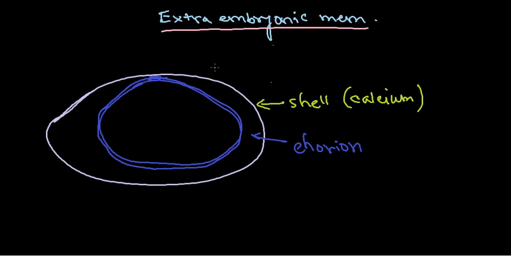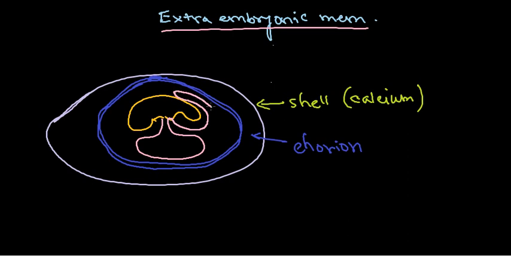Inside this chorion, everything will occur, the formation of the embryo and everything. If I draw the embryo, it will be inside this section. Everything will be attached to this embryo, and with this embryo there will be attachments like this. These attachments are called allantois. Let me write. All of them, remember, are membranes, extra embryonic membranes.